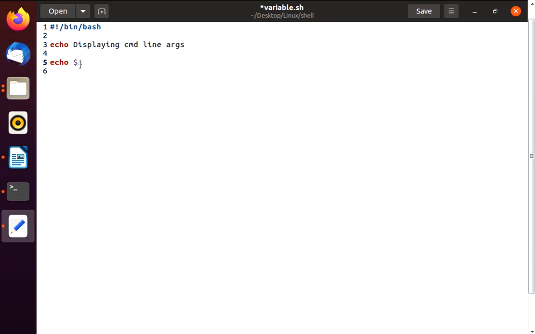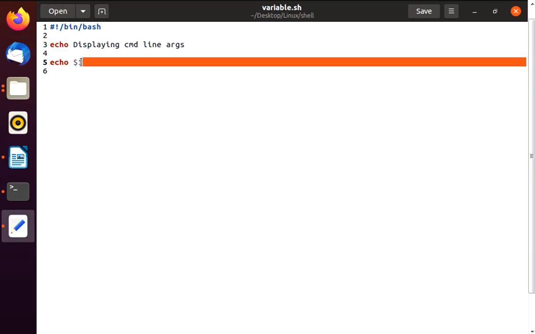Whatever the first command line argument is, it will be stored in this particular variable. Let's see how this works. So we do not have to use any variable to store the command line arguments. Those are stored inside this variable 1.